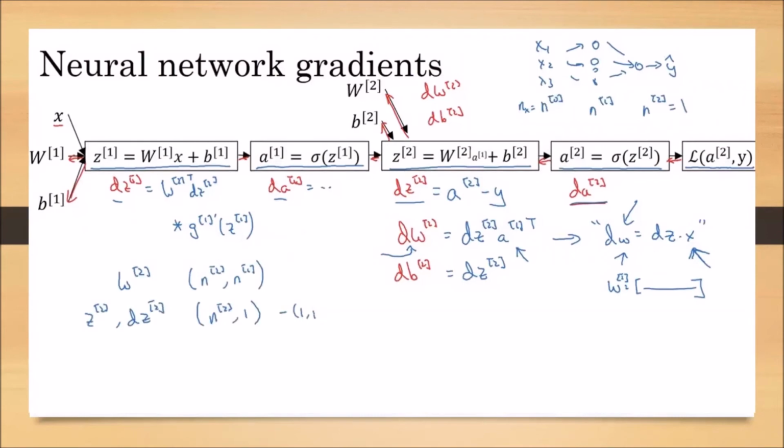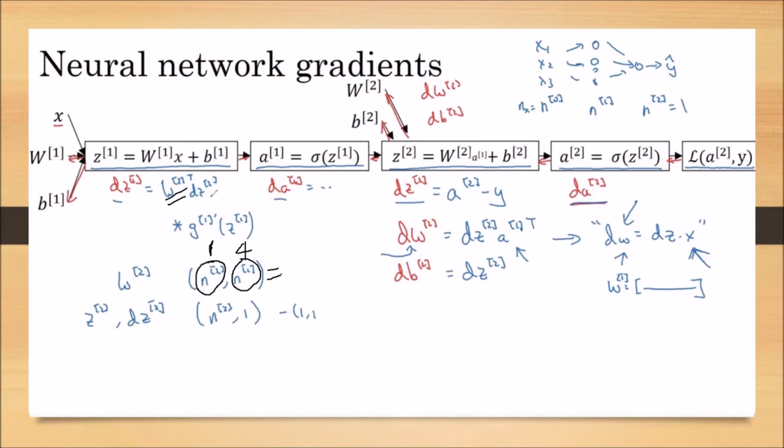So first remember, what is this W2? We already discussed. W2 is the matrix which has N2, the final output layer units, as the rows. For example, if in the final output layer only one activation unit is there, then the rows are 1. If in the first hidden layer there are 4 units, then it is a 1 by 4 matrix. Okay, there is no problem. We have calculated the dimension of this W2.